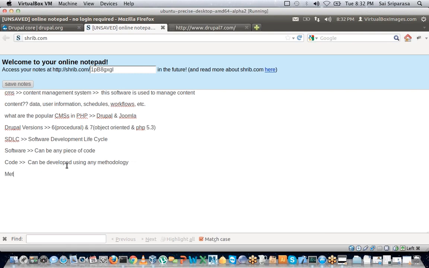Okay, what are the existing methodologies? Waterfall, agile. There's another one, TDD. Okay, this is test driven development. Okay, there is another popular methodology in agile. One of them is pair programming, to get everything done very quickly. I don't think it's an agile method, but yeah, I think it's not.